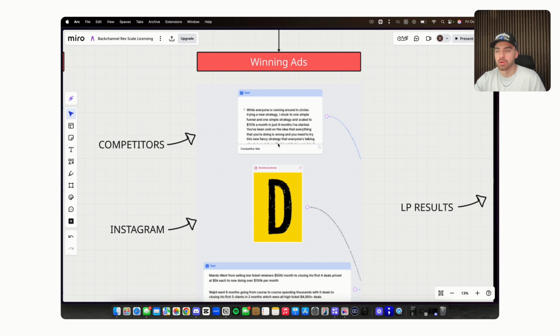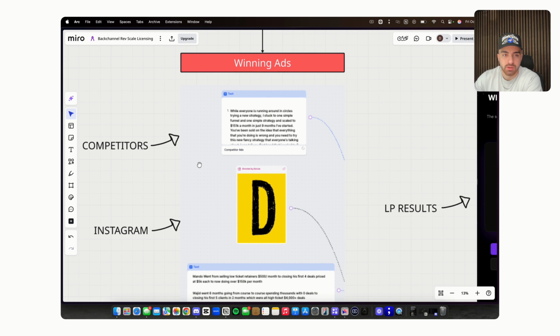So when it comes to winning ads, again, you want to use your competitors, but you don't want to copy your competitors entirely, because if you start to copy the messaging, you're not going to have any authority if you get called out, and then you're basically making yourself look stupid. So it's really important that you don't copy people. You take their ideas and then you run with it.